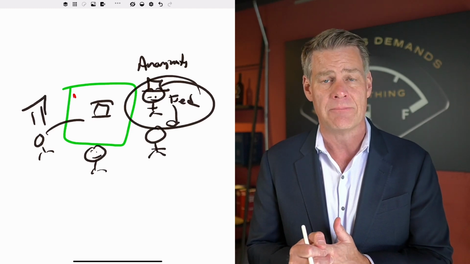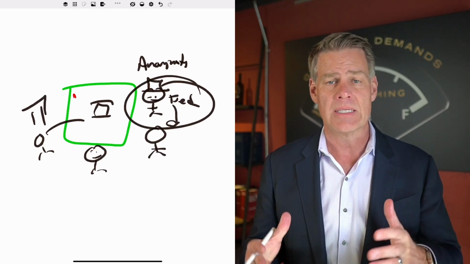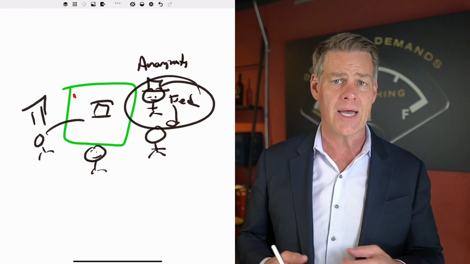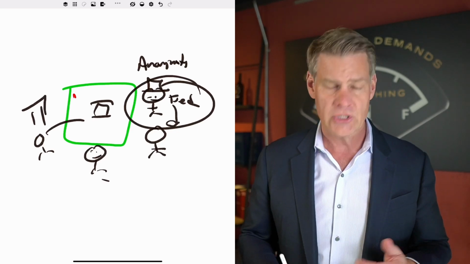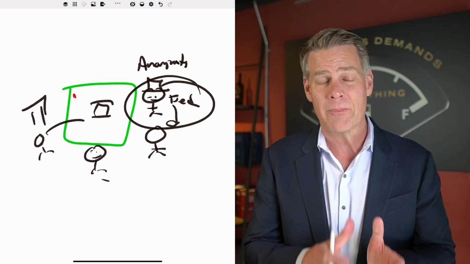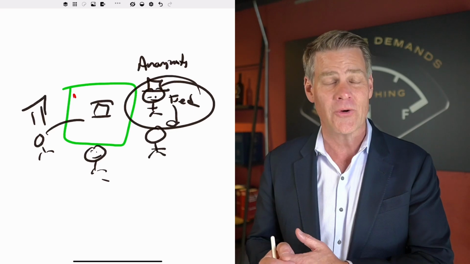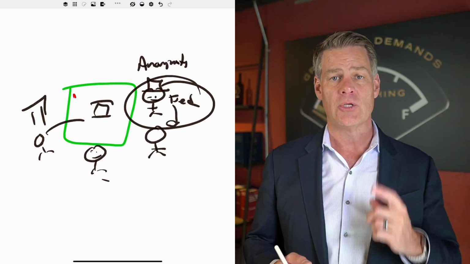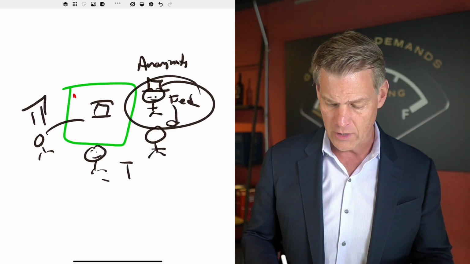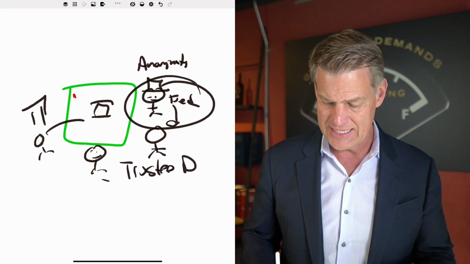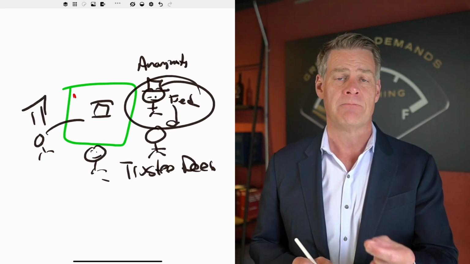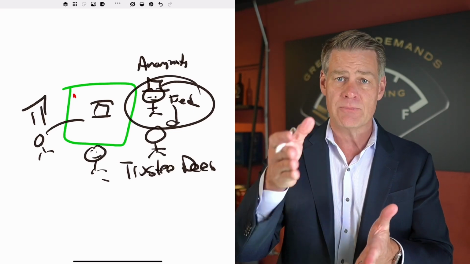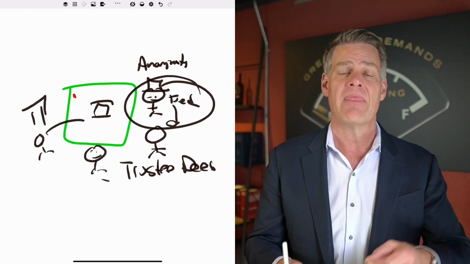Now, I've had people tell me, well, Clint, it's not a big deal. I'll just show them the documentation and I'll be able to make this work. And they're going to say, well, yeah, Fred resigned and now Clint's in charge. Well, I've sold property in land trusts before, and I've never got it to work that way. So for you, whenever you have a trustee resign, you need to always ask for a trustee deed. You've got to get this trustee deed. That is where the trustee, Fred, transfers the trusteeship to you via a deed that is recordable.